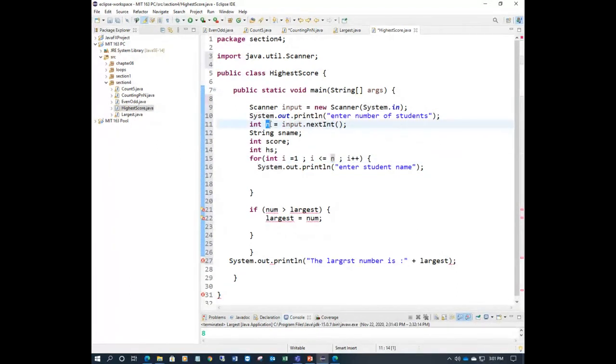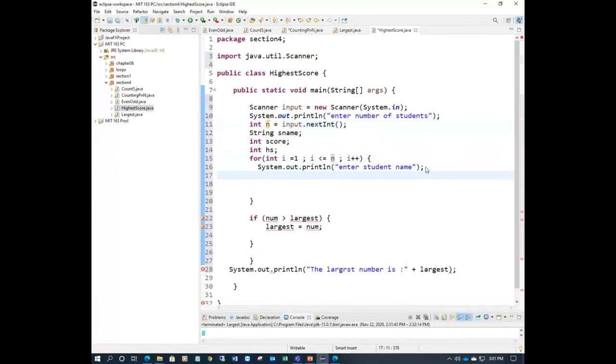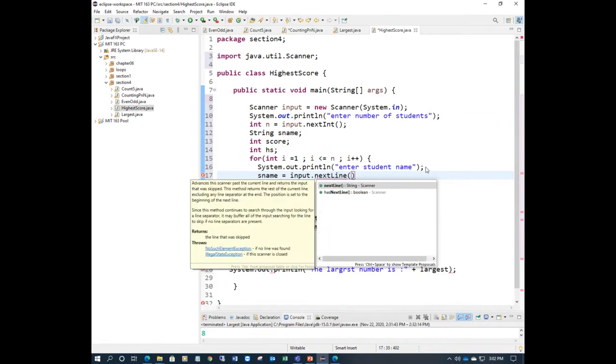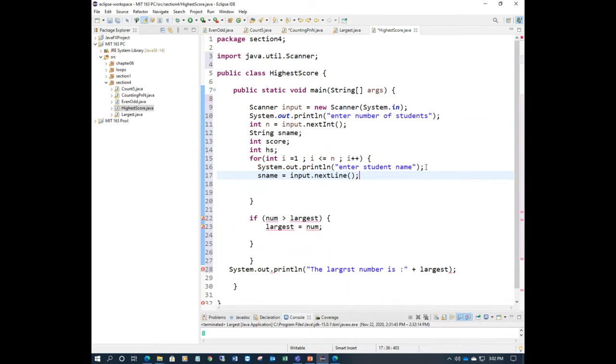This is the size, how many students, the section capacity, classroom capacity. Starting from 1 to n, we have to enter each student name. What's the name here? S name, student name equal to input dot nextLine, right? It is a method for the student name.